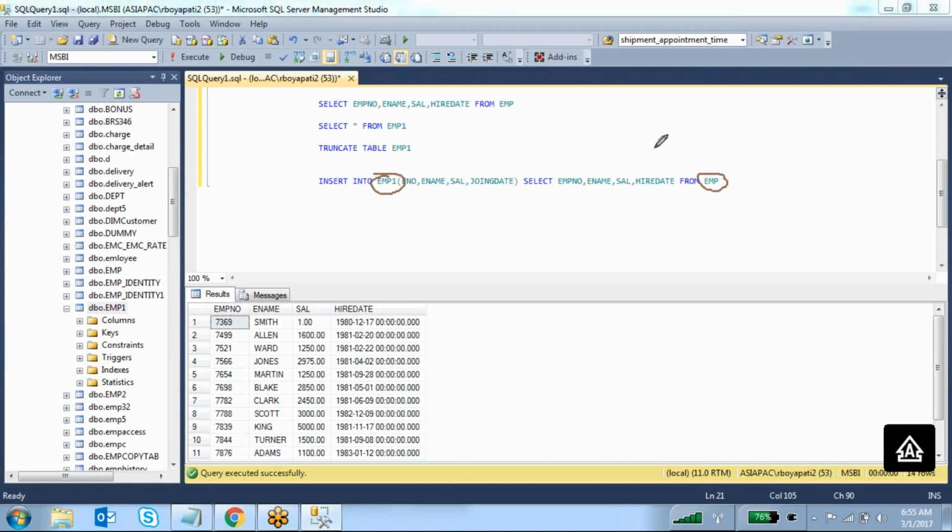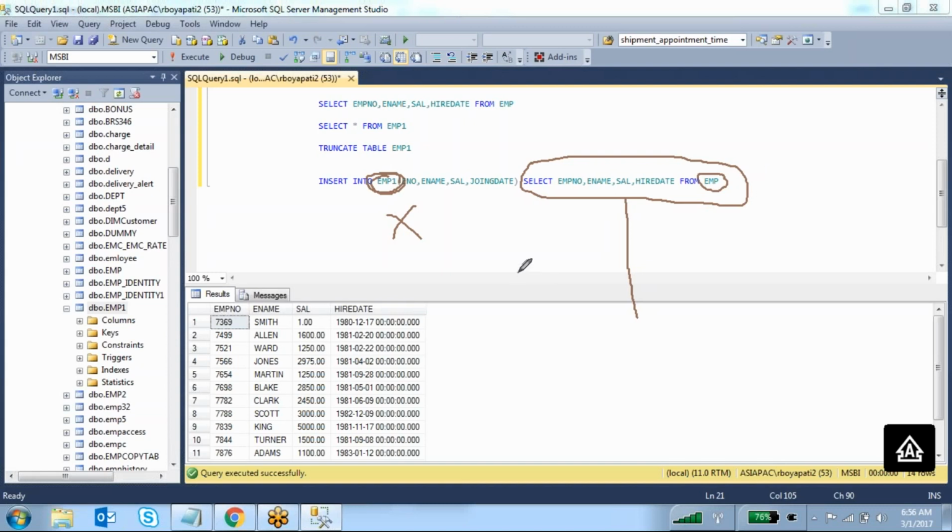Right? So now my requirement is, I don't have any table here to load the data. I want to create a table as well as load the data. Whatever the data is coming from this query, I want to create a table with the same structure and same column names, but the table name is different.